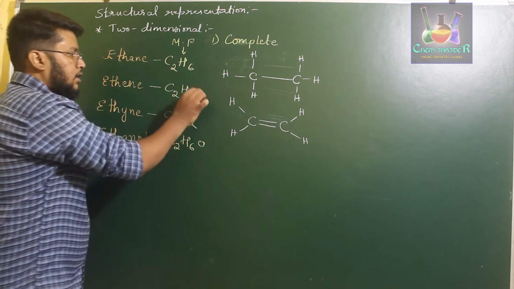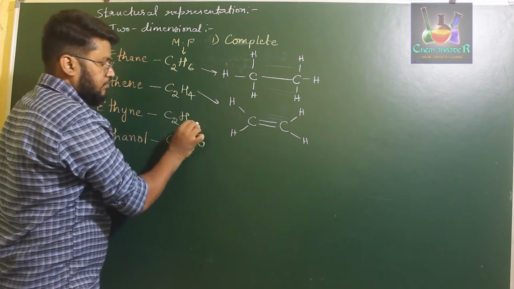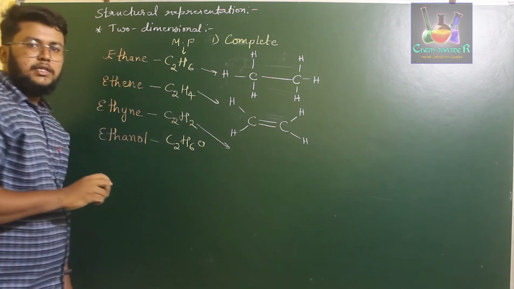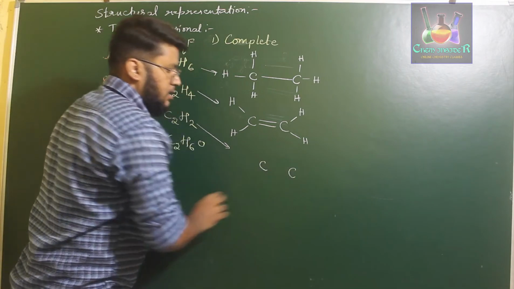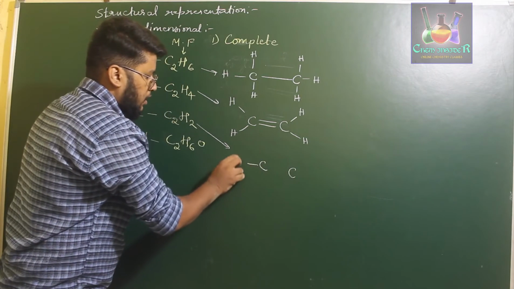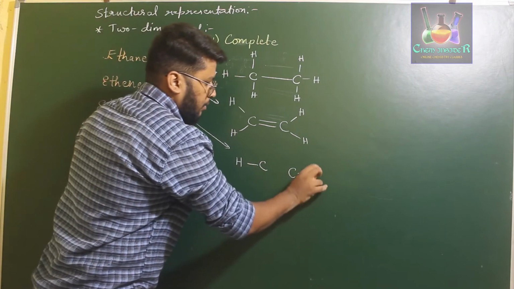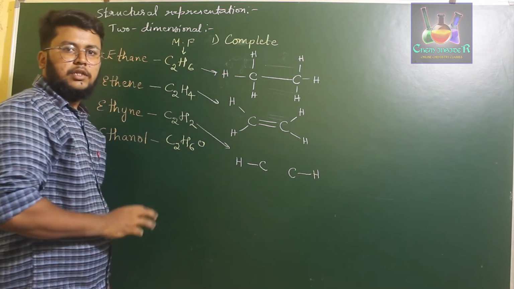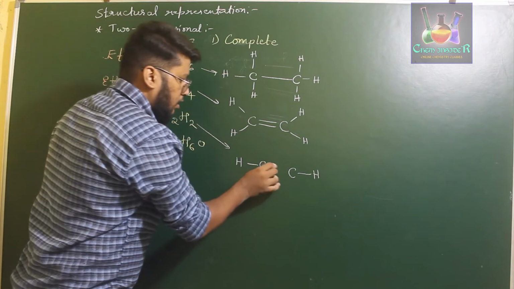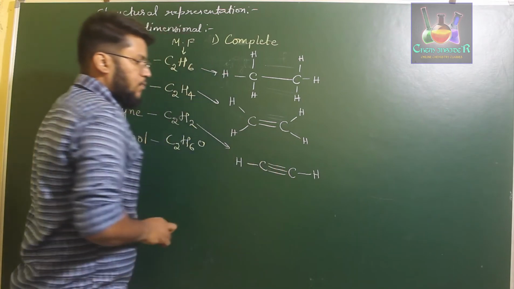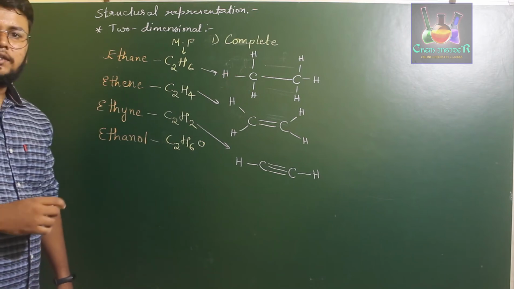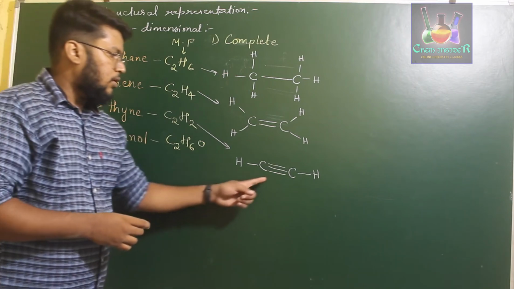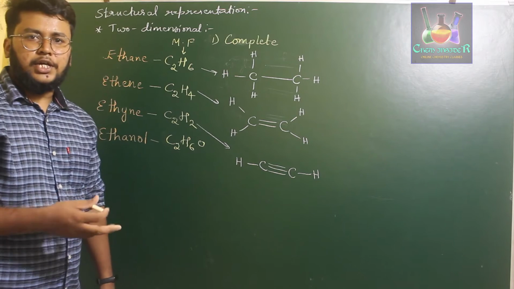Next, for ethyne molecule, here there is absence of 6 hydrogens. So first write down 2 carbons, with 1 hydrogen for each carbon. So there will be still 3 bonds to be satisfied, and 3 bonds will be present between the 2 carbon atoms. So this is how you represent ethyne molecule, which has a triple bond denoted as a triple dash.